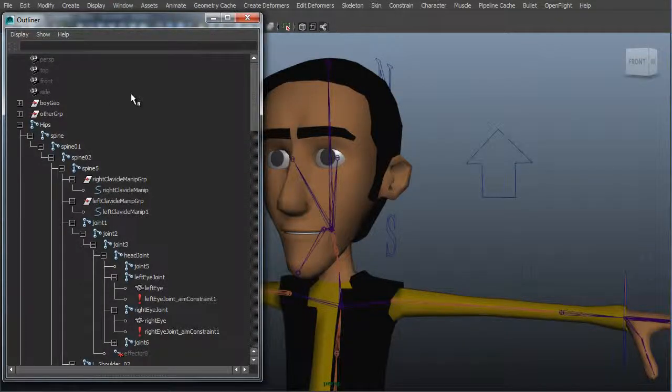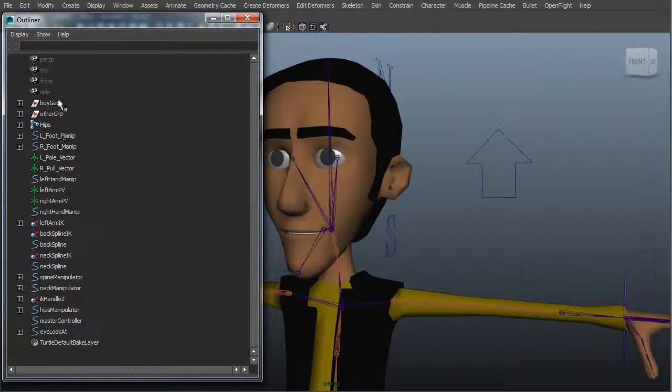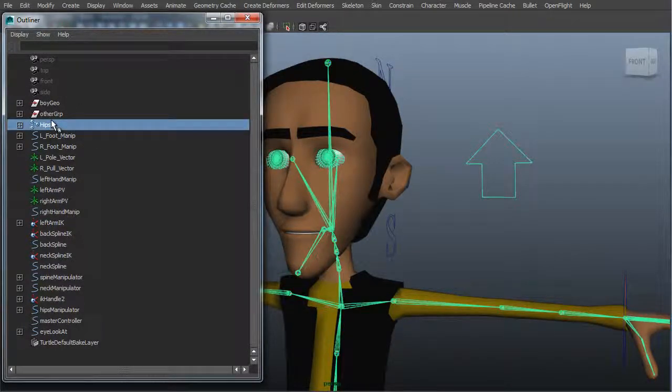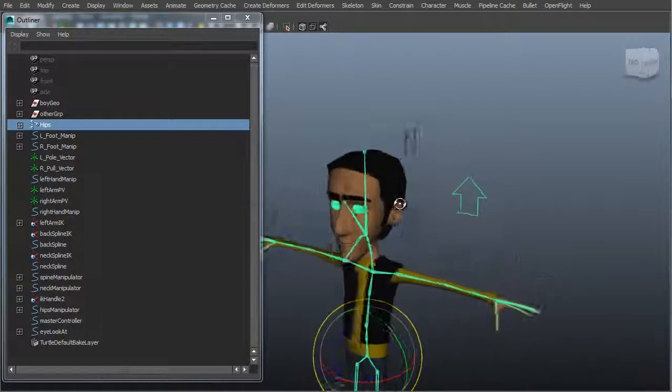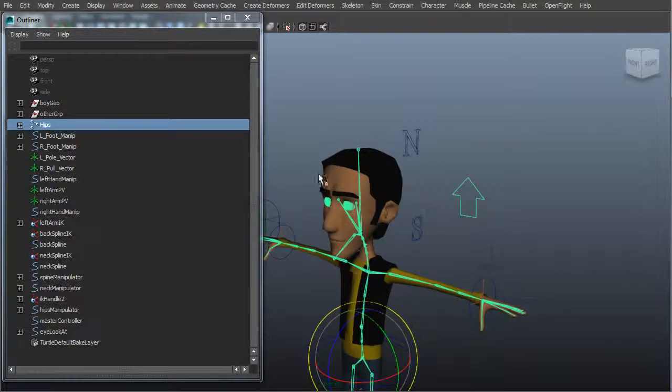Okay, the first thing to do is open up your outliner, and it's going to look something like this. The first thing that we select is the hips here, and I do that just by clicking on it to deselect anything else that I might have had selected in the scene. Okay? Don't worry about anything that's glowing like this if you've only clicked on the hips, because that indicates that